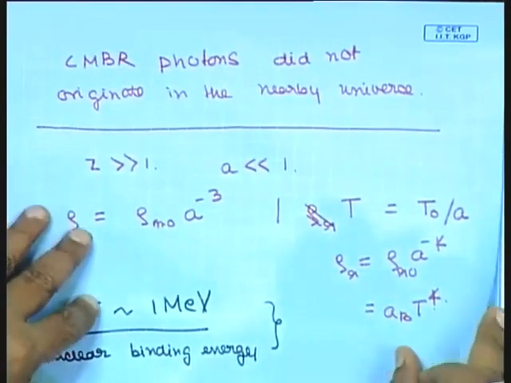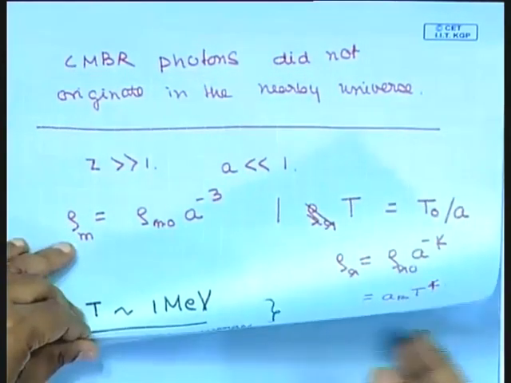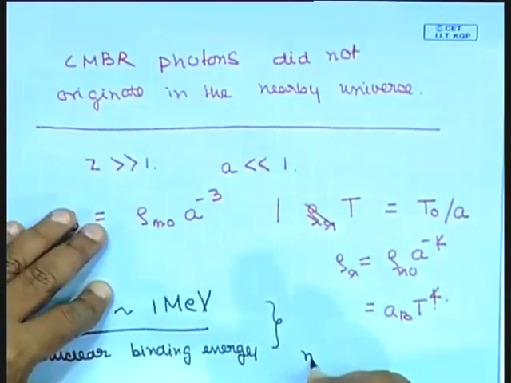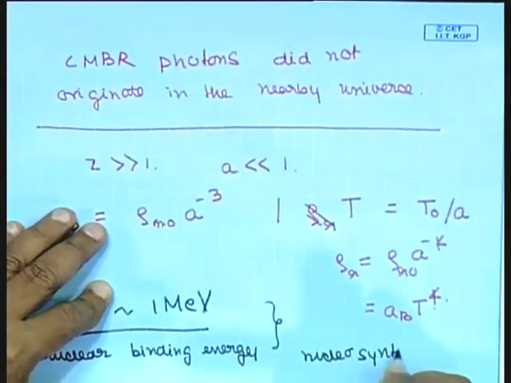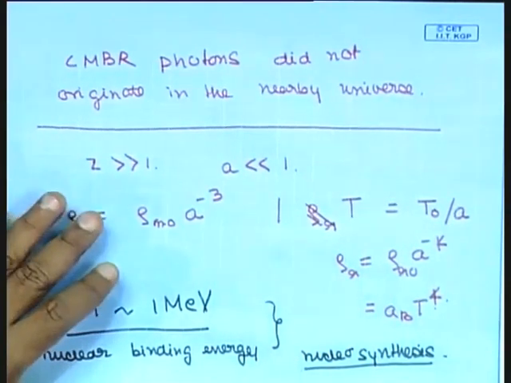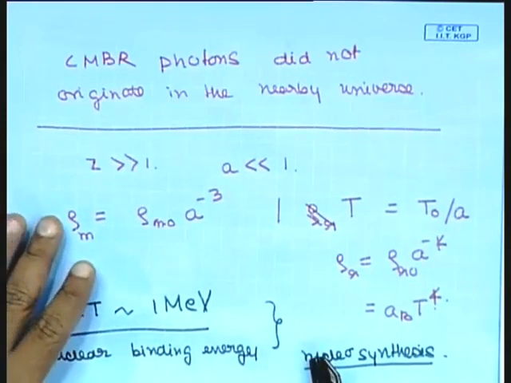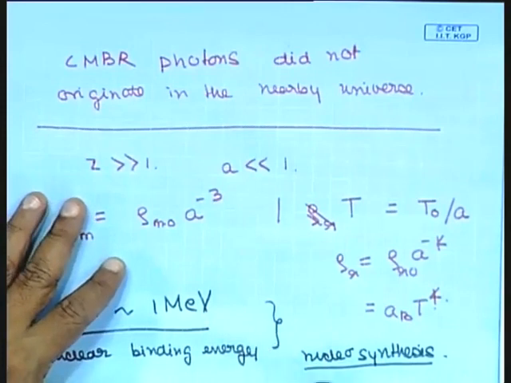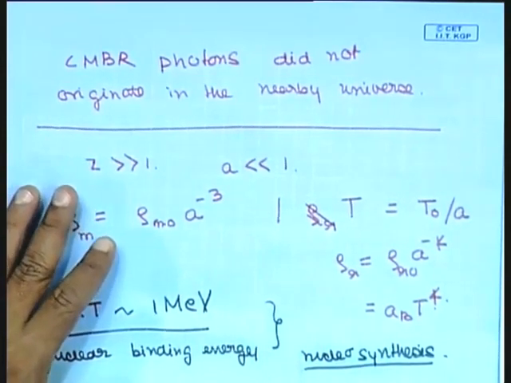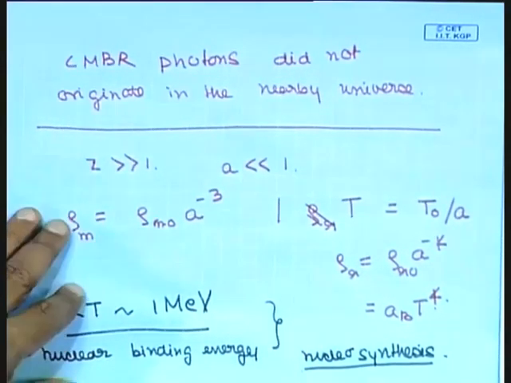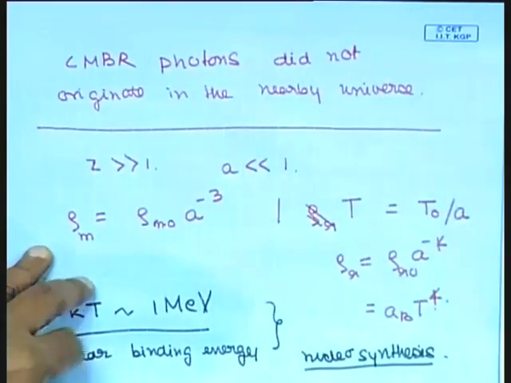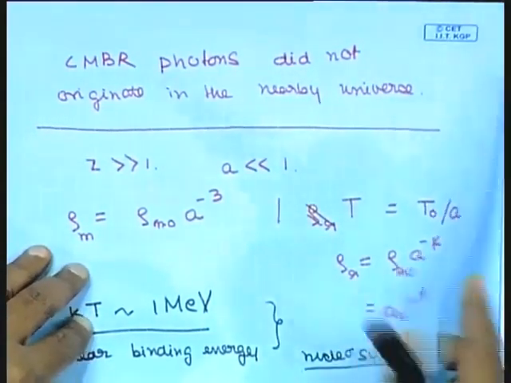So you can also have nucleosynthesis of light elements. The heavier elements were made in stars, we have already learned about that. And the abundance of light elements is found to be more or less the same all through the universe. So this is a natural explanation for that. Now what is the significance? Why is the CMBR so important? Now that we have this basic picture,